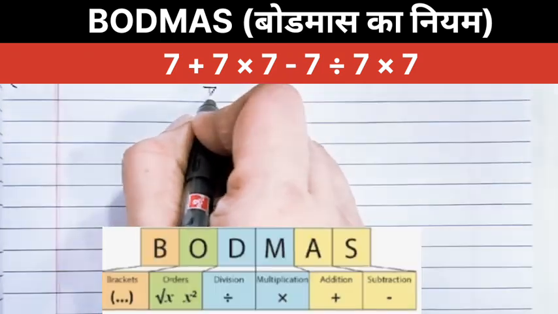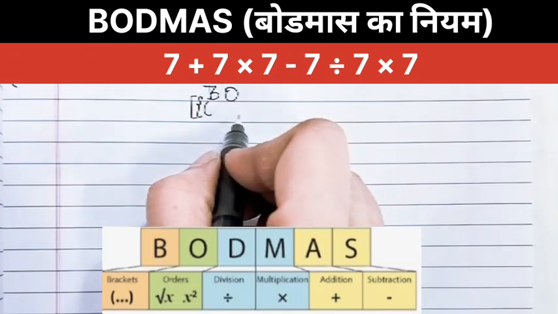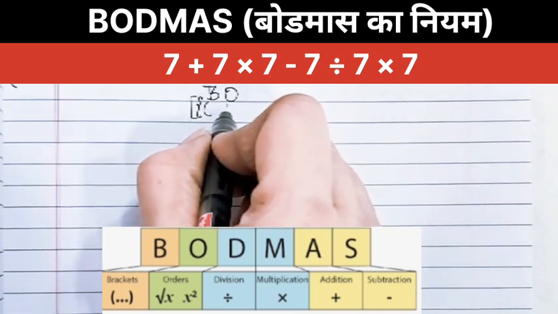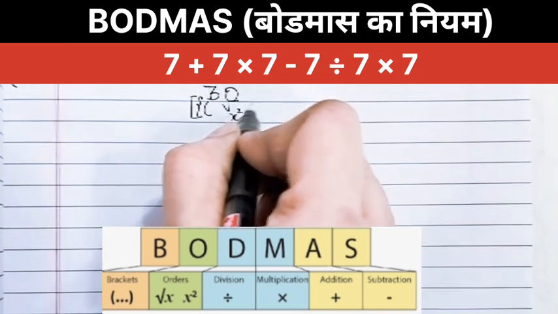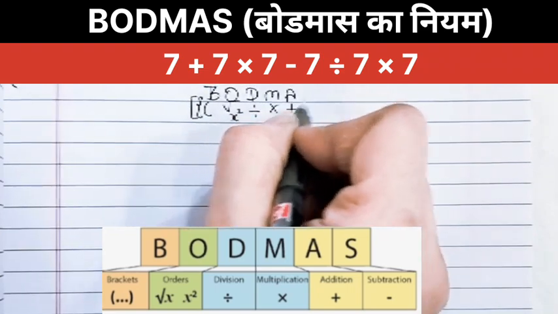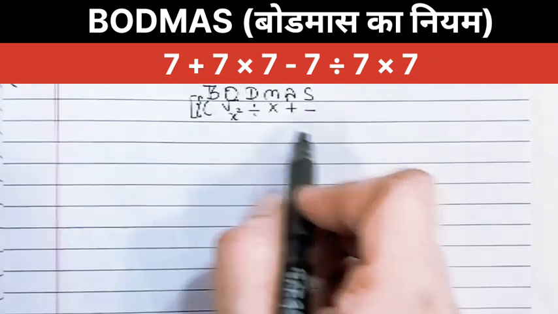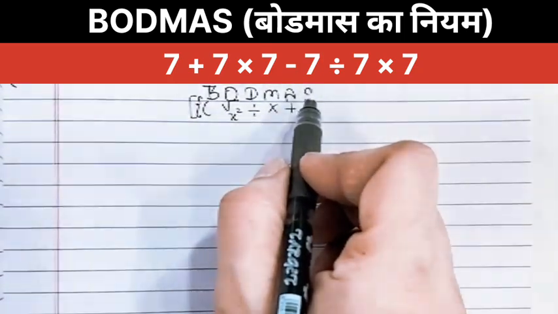Now to solve this expression we follow the BODMAS rule, which dictates the order of operations. First we solve brackets: small bracket, curly bracket, then square bracket. O stands for of; we convert it into multiplication. We solve square roots and exponents. D stands for division, M for multiplication, A for addition, S for subtraction. According to this BODMAS sequence we'll break down this expression with a step-by-step solution.